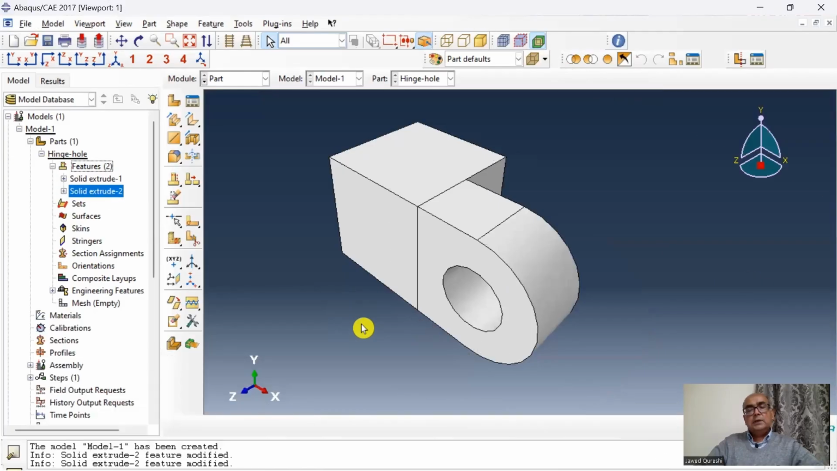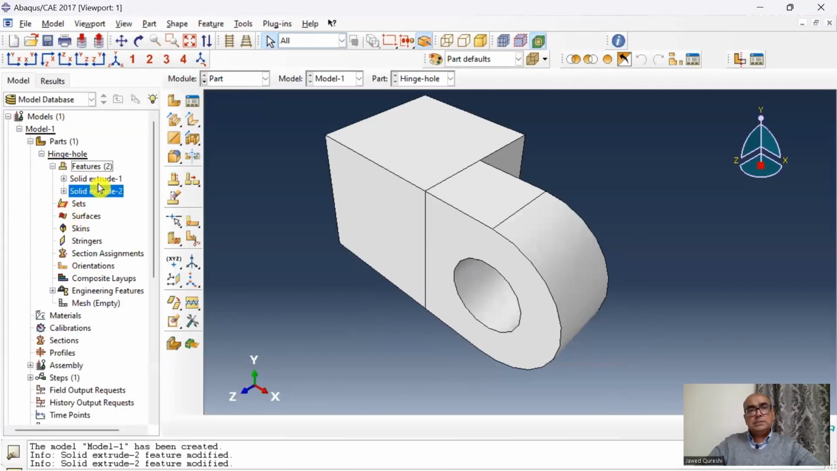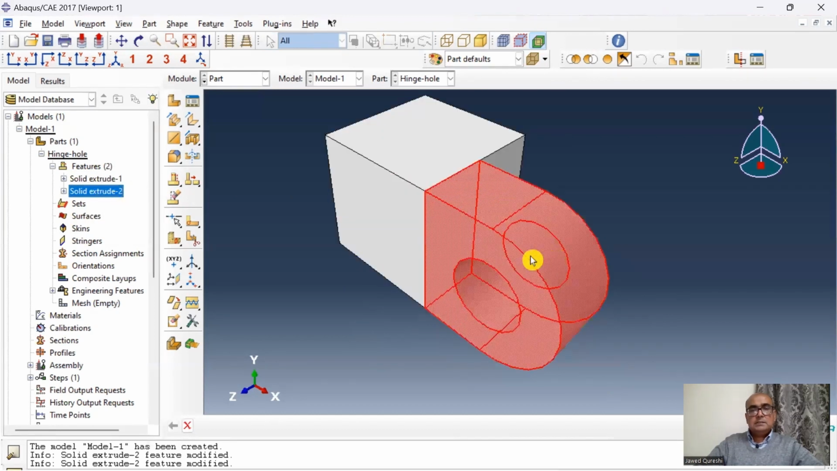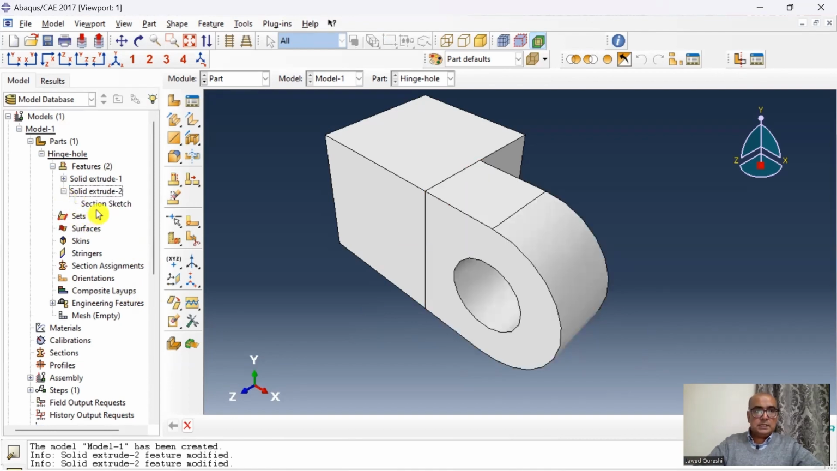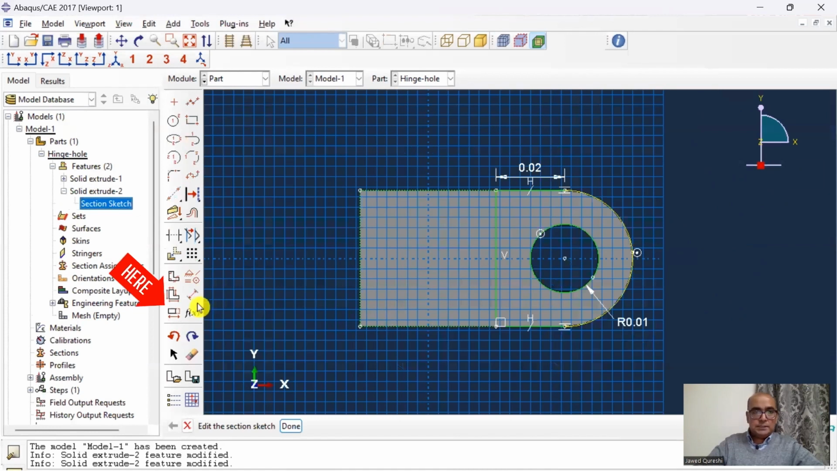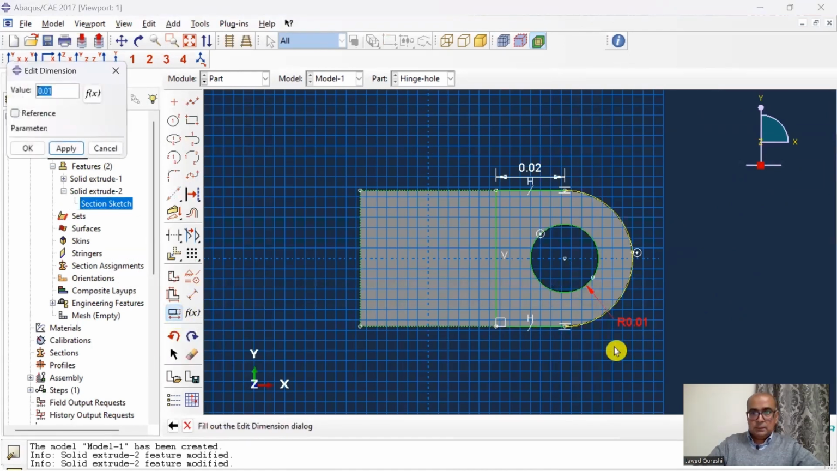Modifying a feature. Now here we have created two regions. One is solid extrude 1, which is the cube feature. Another is this flange feature. I want to modify the dimension of this circular region just to demonstrate that how do we modify the section geometry. So click on section, click on sketch here. I want to modify this radius to 0.012. So click on edit dimension value, click here